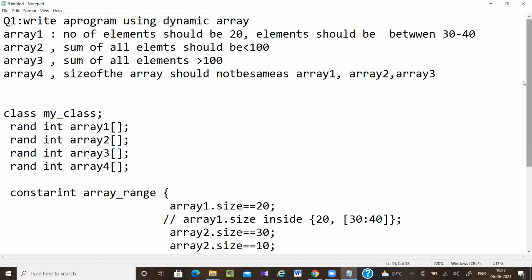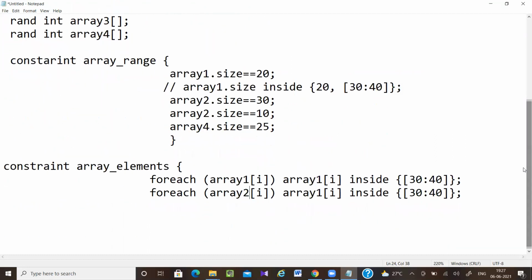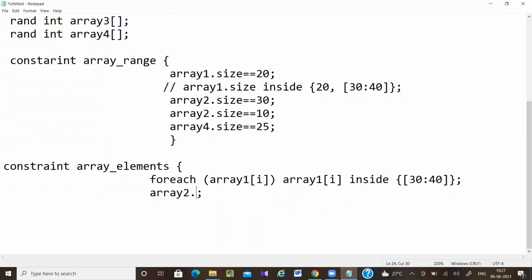There is an inbuilt method, sum, that I can use on an array to calculate the sum of all elements. So foreach is not required; simply array 2 dot sum should be less than 100.